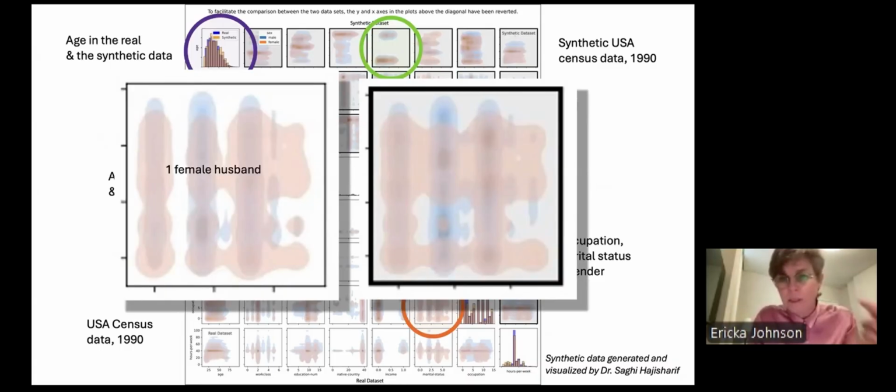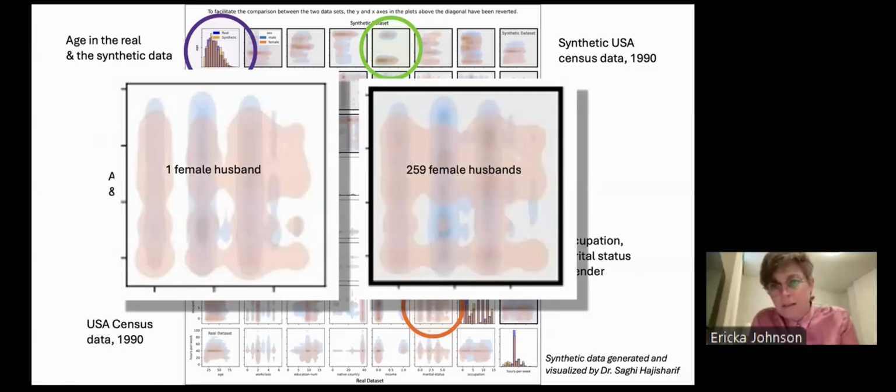And we saw that in the real data from 1990 US Census data, there was one female husband. Now, this could be a data entry mistake. It could also be somebody who wrote that in themselves, because in the 1990 census data, you're able to write in your own answer, like you answered with pen and paper. It wasn't a multiple choice. So it could be that. In any case, it was 1990 in the US, so this was not a legal category, but one of them existed in the data.